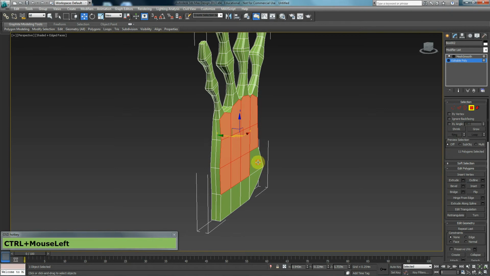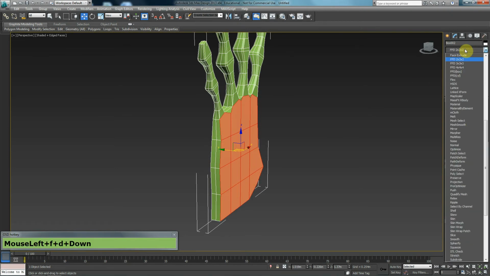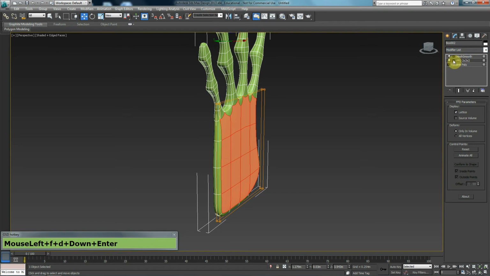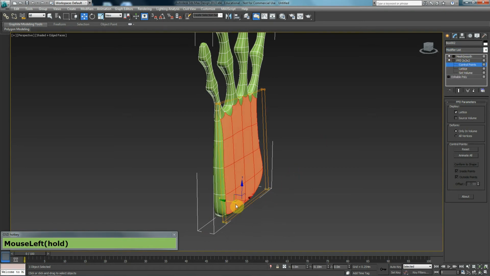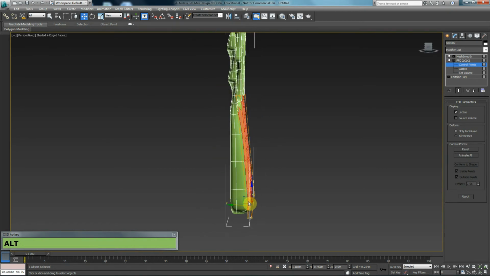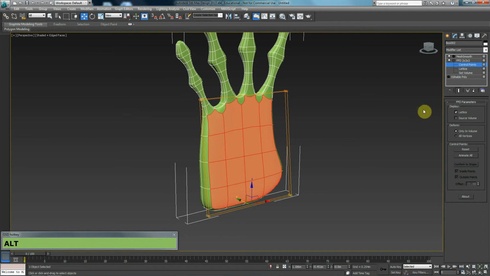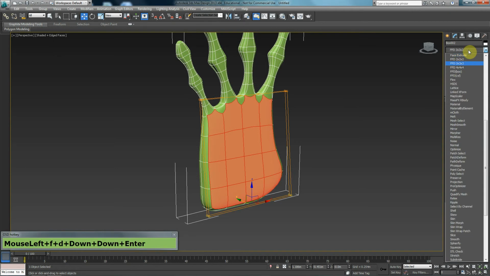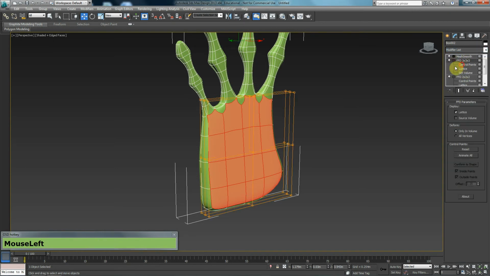So what I'm going to do is select these polygons here. I'm going to put an FFD, just a 2x2, on top of them, with control points, just the bottom ones. I want to bring it out in order to give some depth to the hand. Okay, that's good. What I may do is put an FFD 3x3 on top of this, and in this case